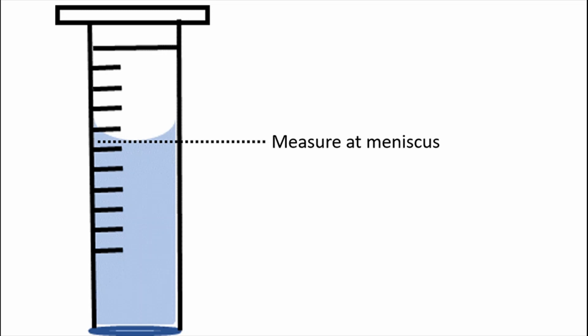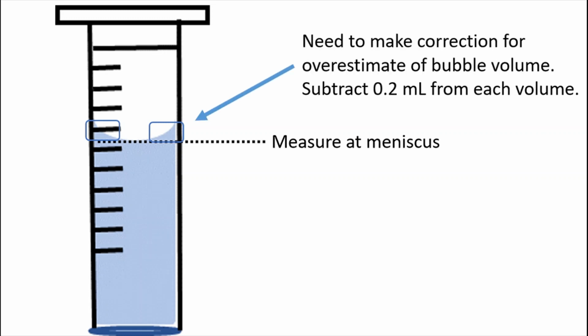The problem now is that we have it inverted, and so there are these upswings of water here on the sides. If you were to project this around the circumference of the graduated cylinder, it would look like a little donut or ring. That is essentially causing us to overestimate the volume of the bubble. So we're going to have to introduce a correction here. To correct for the overestimate of the bubble volume, we're going to subtract 0.2 milliliters